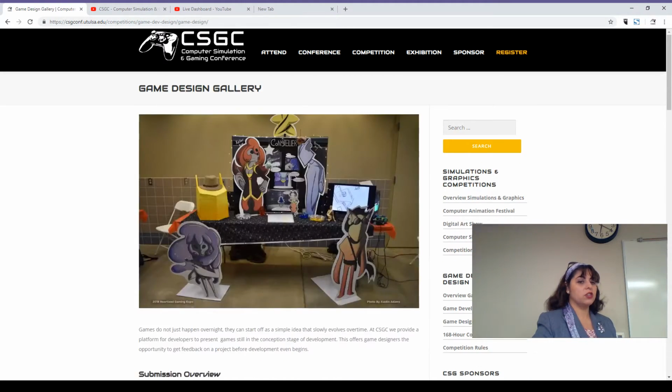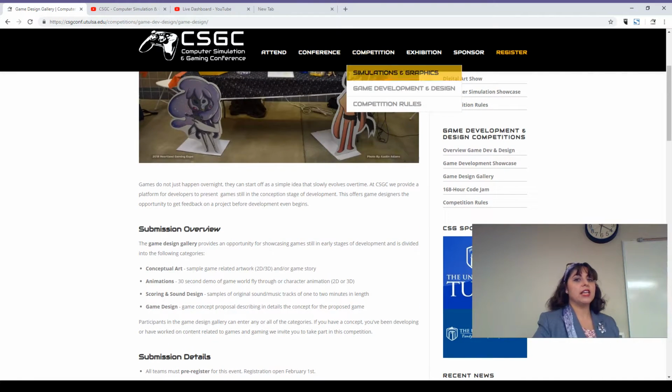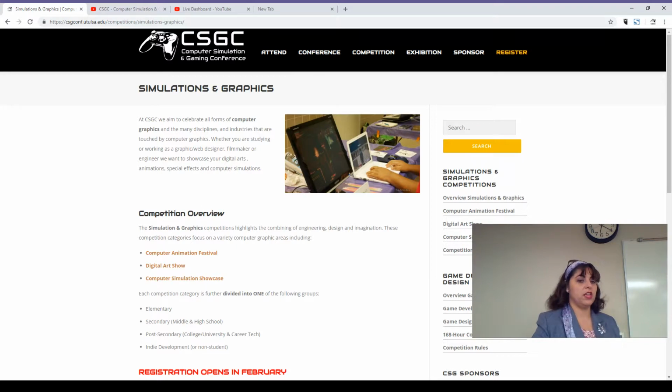The Gallery Showcase is the conceptual art, animations, sound design, or game design, and you can pick which one of those areas your entry falls into. The other competitions are the Animation Festival, the Digital Art Show, and the Computer Simulation Showcase. These are different categories altogether, and you can enter as few or as many as you like.